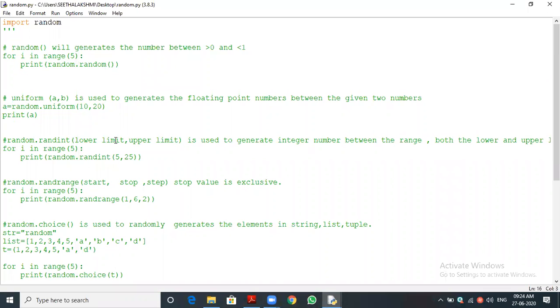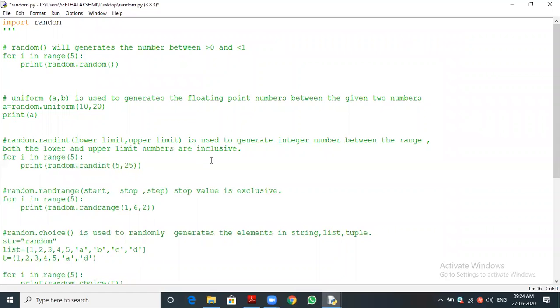But one thing: both the lower limit and upper limit are inclusive. Inclusive means it will include them. For example, I'm giving 10, 15 for your understanding. What numbers will it generate? 10, 11, 12, 13, 14, 15.